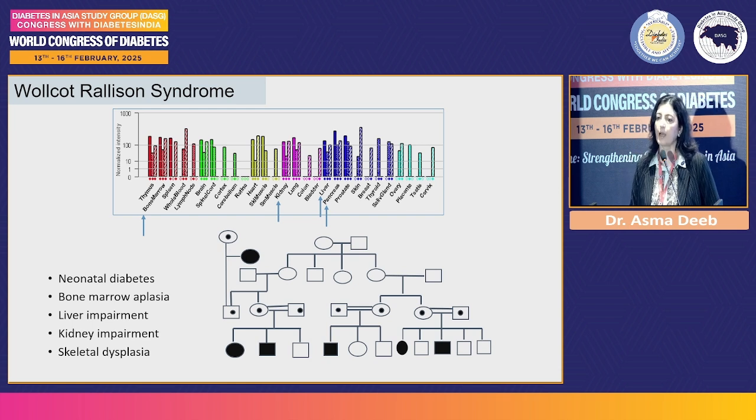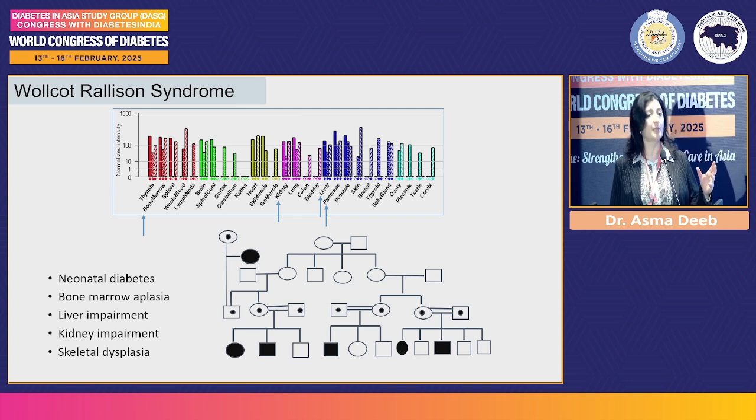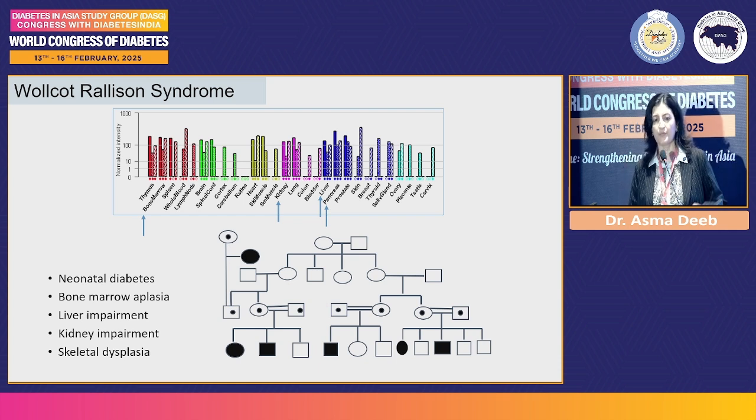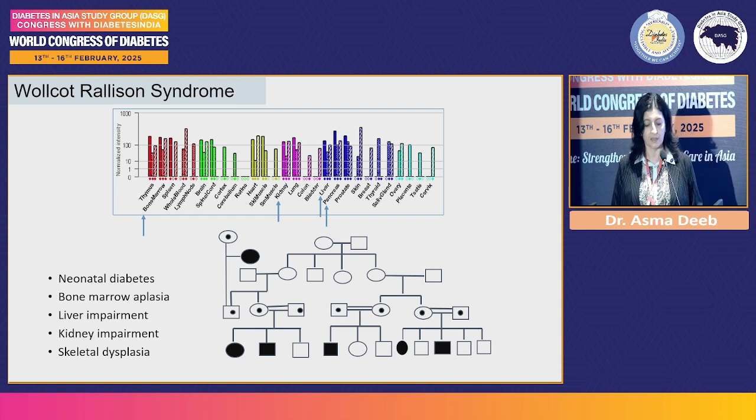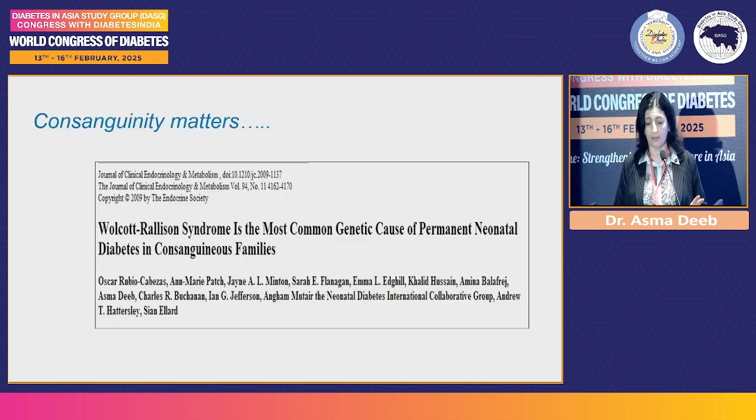The gene I described is expressed in multiple organs, so bone marrow. So these children will have pancytopenia. It's in the kidneys, so they have kidney cysts. It is, of course, in the liver. Liver is the most important organ in terms of mortality, because these children do not die of diabetes, but they die of liver failure. This family, for example, that I have highlighted, has 6 children affected. All these 6 children have unfortunately passed away with liver failure from the disease.